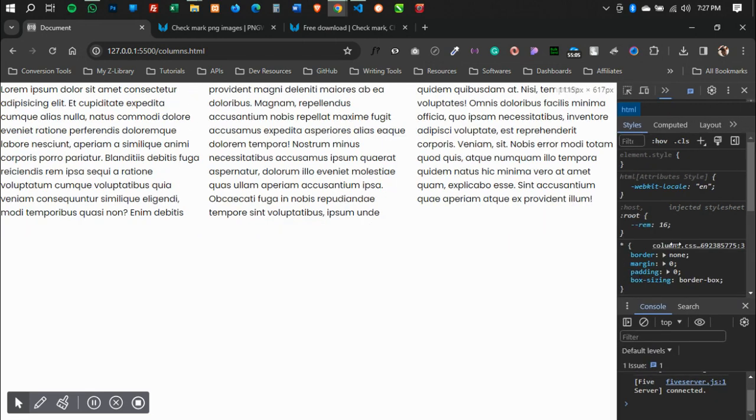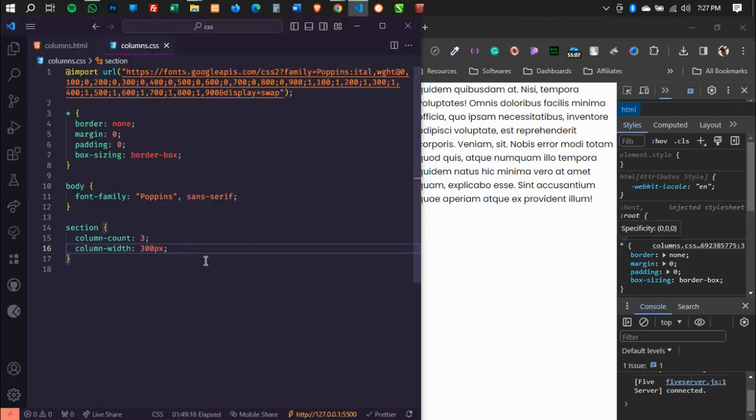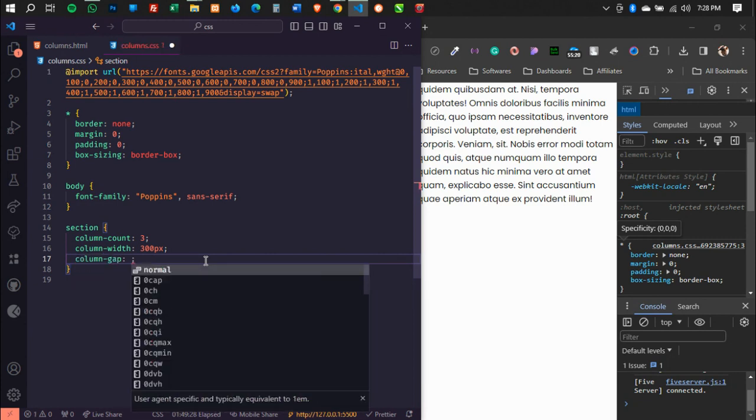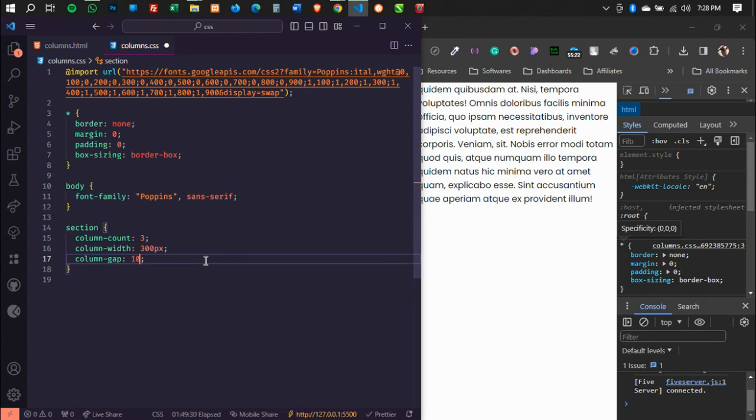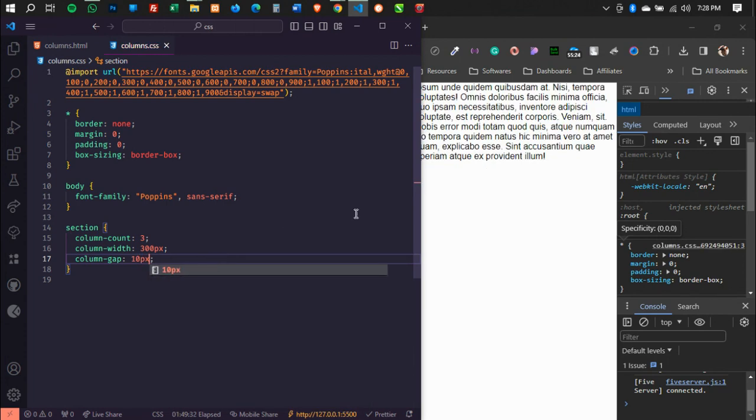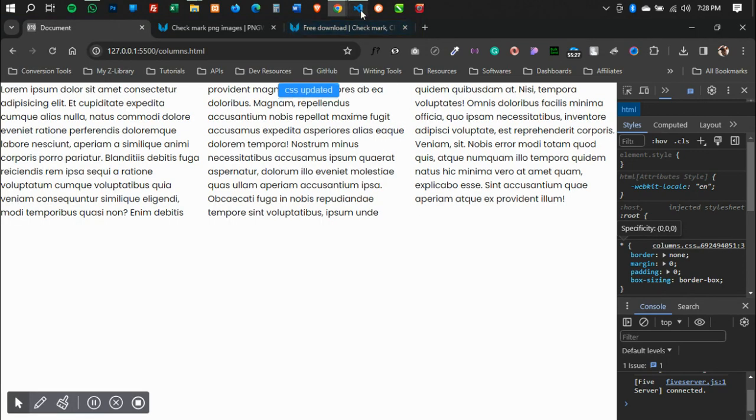Then we can also apply another property, such as the column-gap. We can apply column-gap and set it to 10 pixels. And when we set the column gap to 10 pixels,